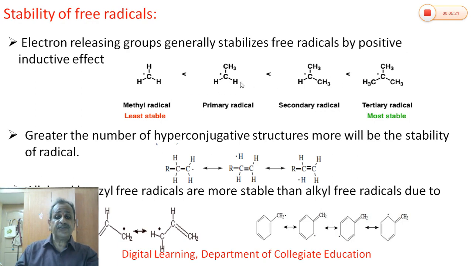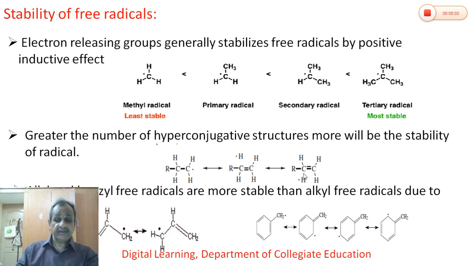The reason for this difference in stability between different types of free radicals is hyperconjugation and resonance, which are used to explain the difference. When an alkyl group is present as a substituent, then we can write different hyperconjugative structures. Hyperconjugation means no bond resonance. An electron between carbon and hydrogen is shifted and we get a double bond, and one electron remains on hydrogen. There is no bond between carbon and hydrogen. So no bond resonance. This is known as hyperconjugation.